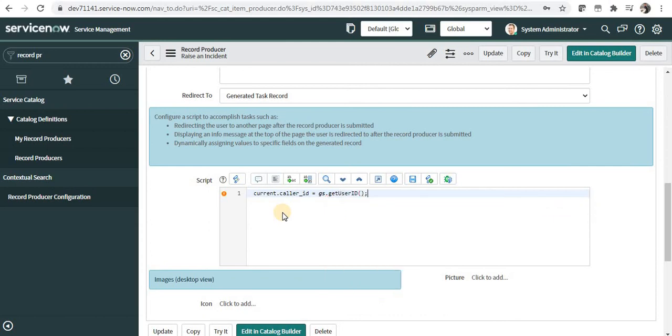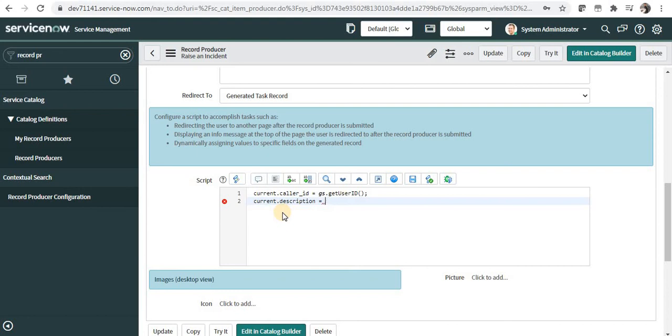So the current caller ID would be the user who is currently logged in, and for the description I can say current dot description equals, and I will use both urgency and as well as the short description variables here.